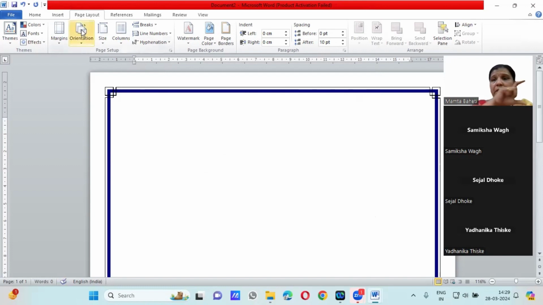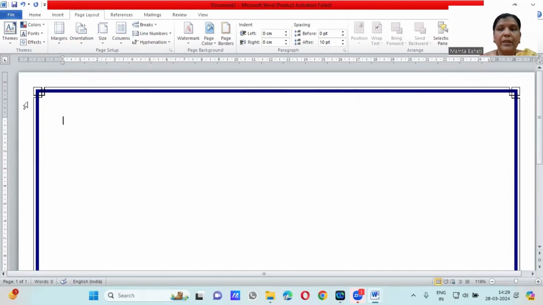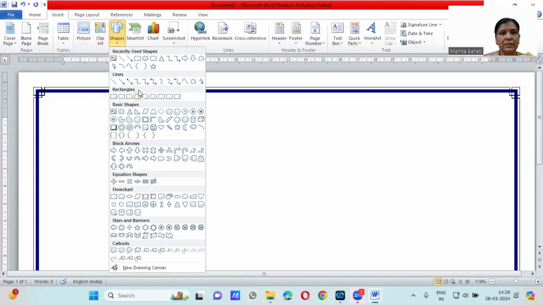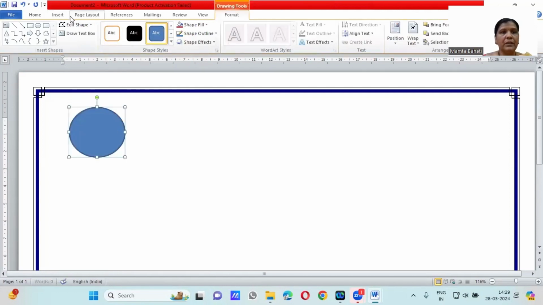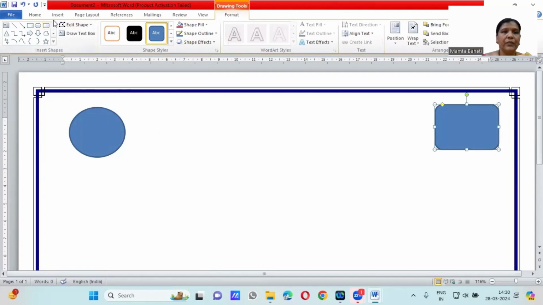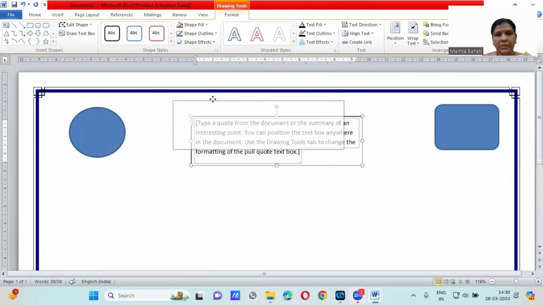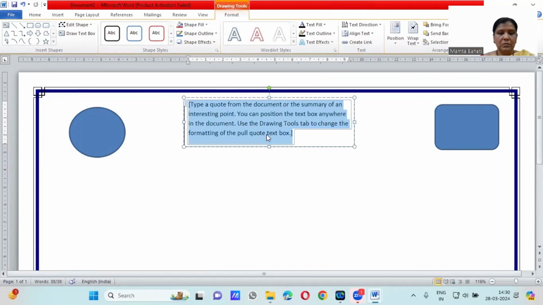My certificate should be in a horizontal way, so in Orientation, I'm clicking on Landscape. Just give me a second, please. Now you can create the certificate as per your design view. Suppose I'm inserting this shape. This is one company logo, and I insert this shape, this is another company logo, and insert a text box, this simple text box, and I'm just putting here, suppose,